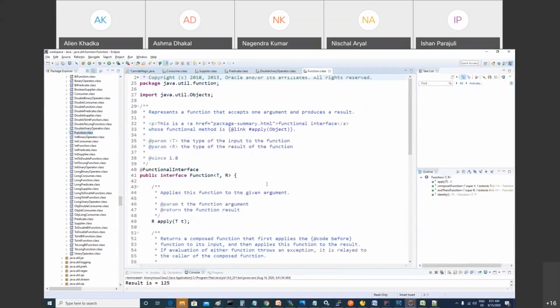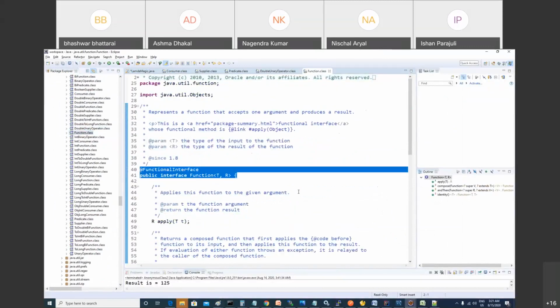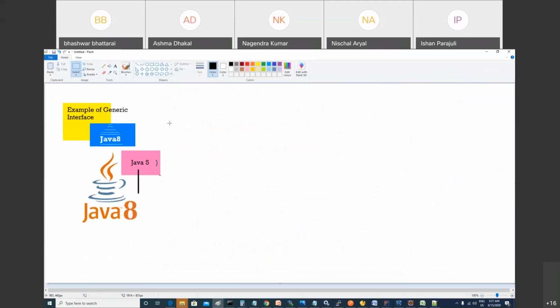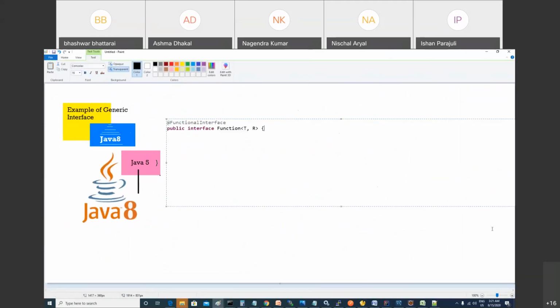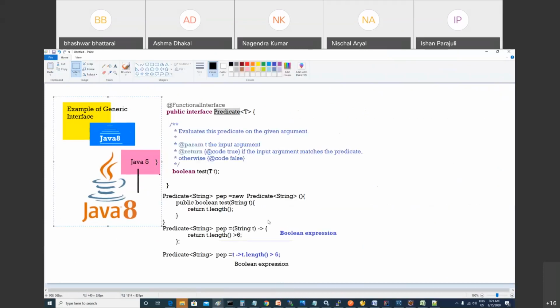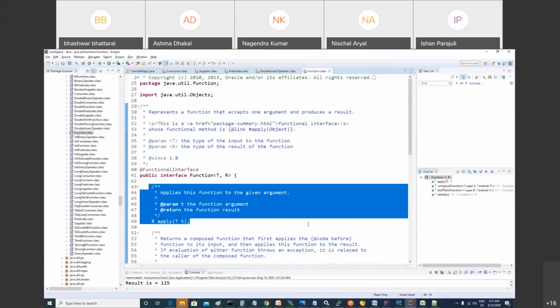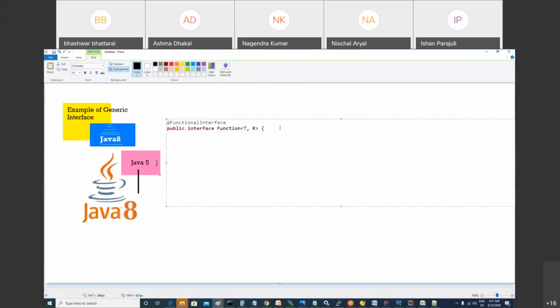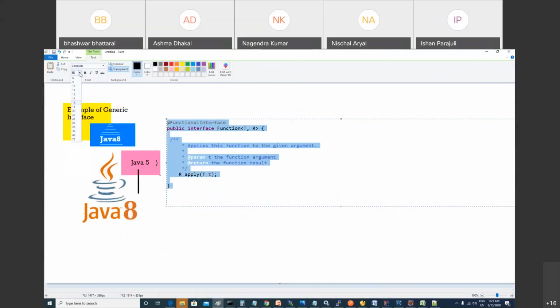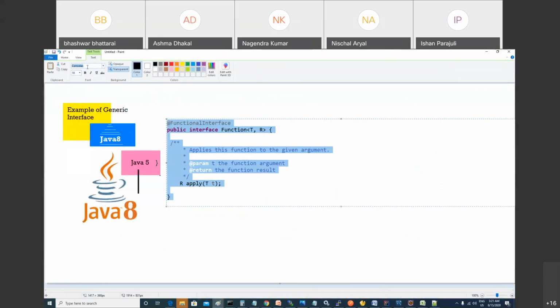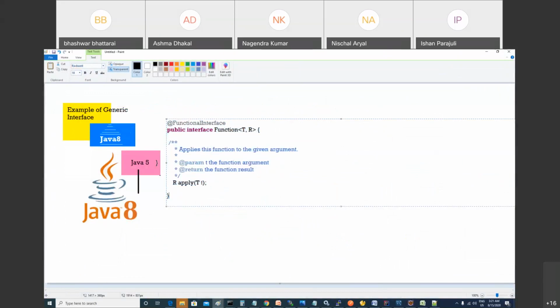I have a question, please tell me. The predicate, will it always return the boolean, or can it return anything else also? Always. It must return a Boolean value as per the signature. It can take any data type, like String, it can take anything, but it will return Boolean for sure. It must return the Boolean, no choice. But input is a choice. Got it. Thank you. This is interesting.